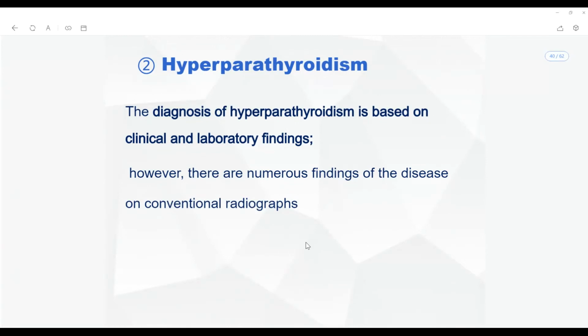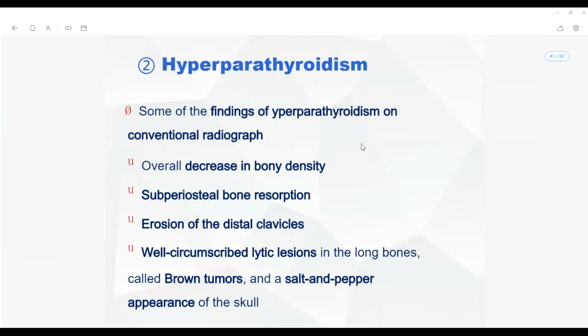But on conventional radiographs, generally you see an overall decrease in bone density, right? Something which looks like osteoporosis, and subperiosteal bone resorption, since it is osteoclastic activity. So in the medullary cavity, corticomedullary junction, you will be seeing subperiosteal bone resorption. Okay, and then erosion of the distal clavicles, right? And well circumscribed lytic lesions called brown tumors, which also cause the salt and pepper appearance of